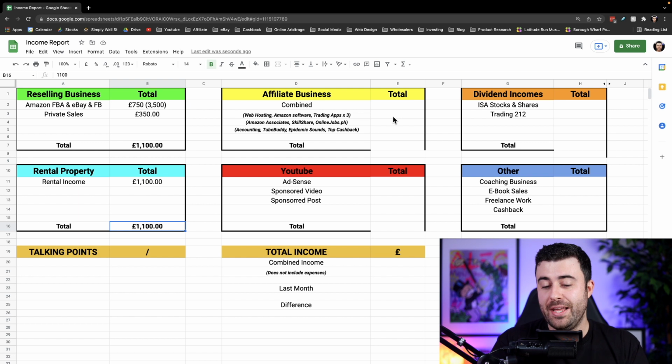Let's move on to my affiliate business. Now, as you can see, I've written down all the different affiliate sites that I've earned income from, and I'm not going to go through all of them, as I never do, because we'd be here all day. I do actually need to add a few more onto there, but as you can see, I do have quite a lot of affiliate links. So